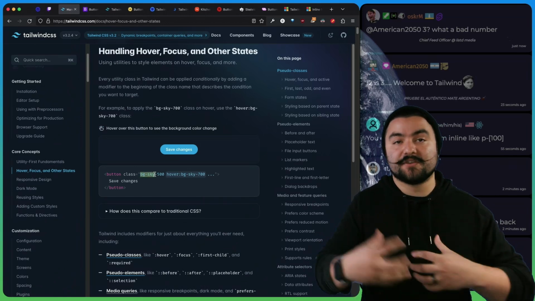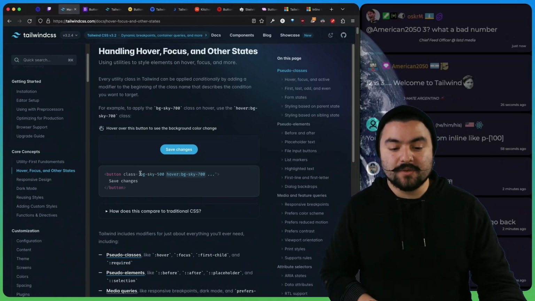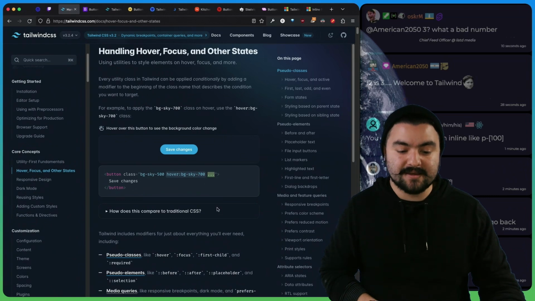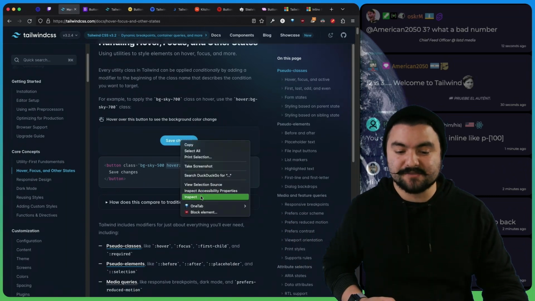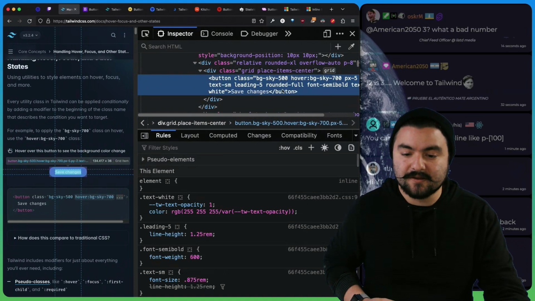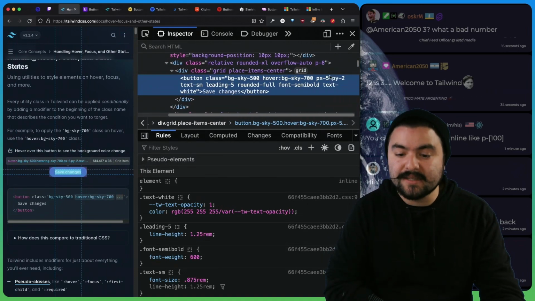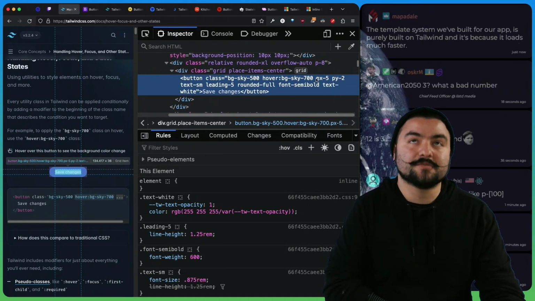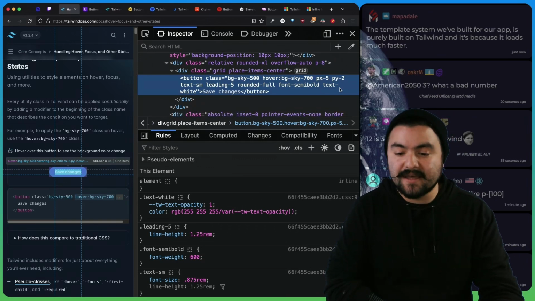Tailwind gives you the classes that you have to assemble into that button. So you can see that it has a little... here. There's actually some missing classes. Let's actually just inspect it and see what the CSS classes are. There we go. So background sky 500, px-5, py-2, so padding in the x-axis of 5, padding in the